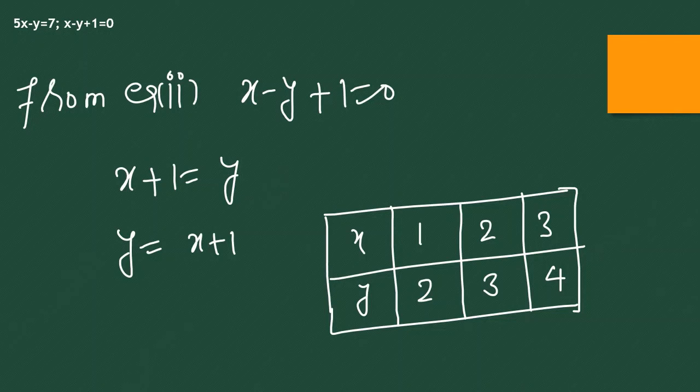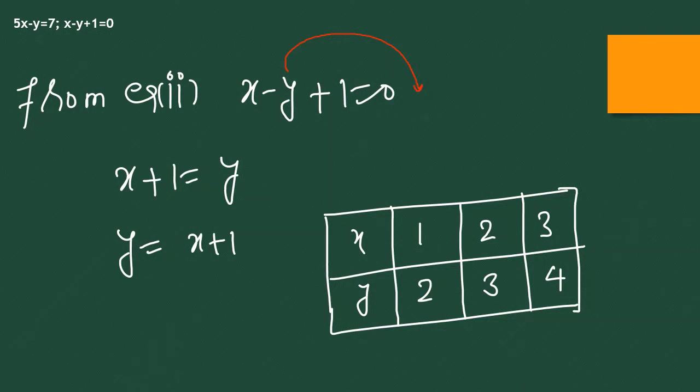Now I'm finding the same values in the same manner for the second equation. The second equation, as I took, is x minus y plus 1 equal to 0. So here I'm sending it to that side. So you are seeing that y will come this side. So it will be in this form: x plus 1 is equal to y. So y equals what would come?